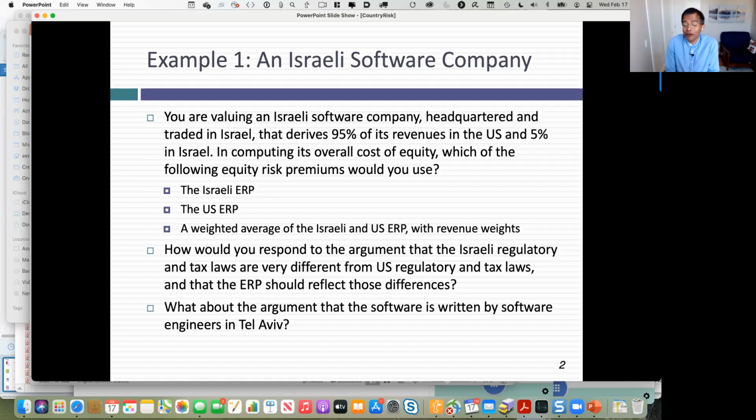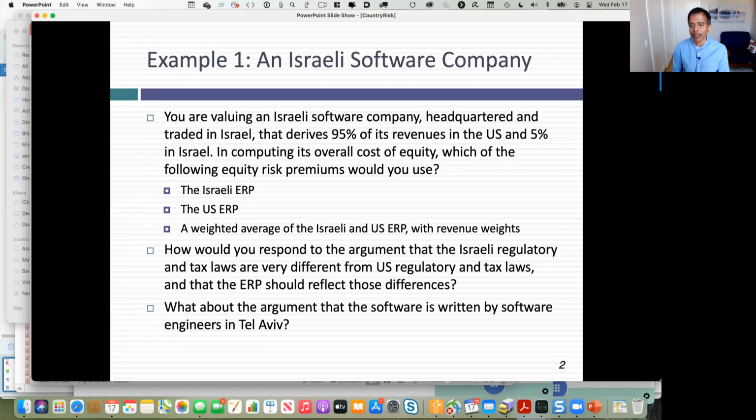That's an issue, right? You could get all your revenues from outside, but if your production is in a country and the country goes to hell in a handbasket, your operations are going to be affected. I know I've sold you on this revenue weight thing perhaps too well in the corporate finance class, but I'm going to provide the foundations for when that might not work. Revenue weights are fine, but then you start thinking about operations, and maybe I have to weight operations in.